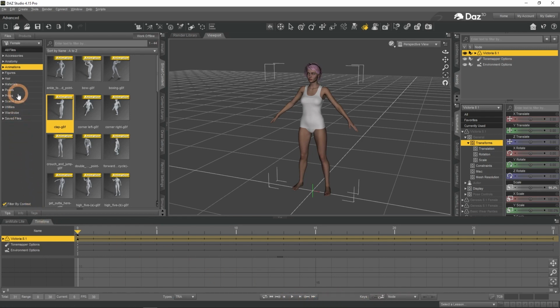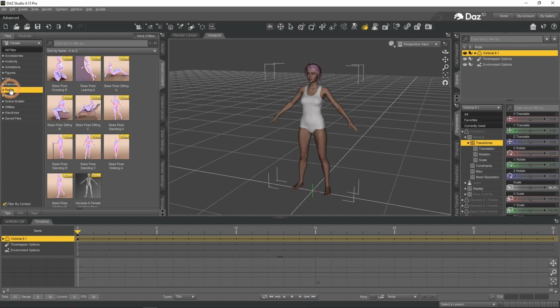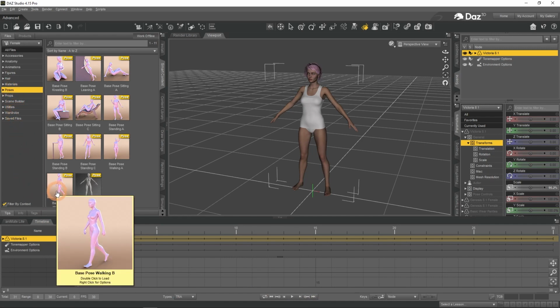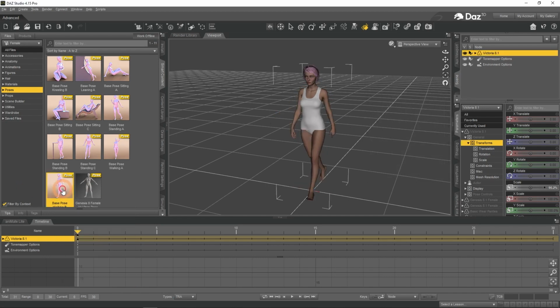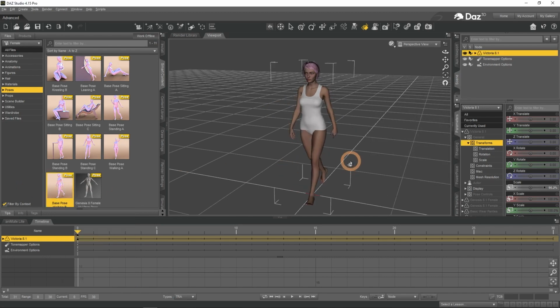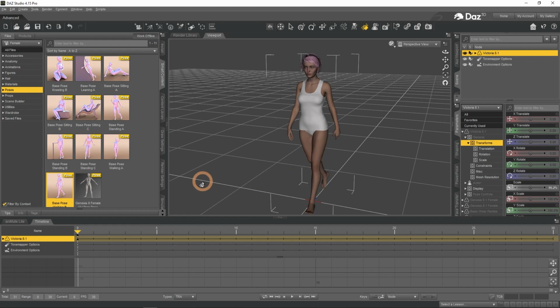Let's animate our character using poses. Make them go from one pose into another. I will choose the walking B pose as the original one. It is very important now to move your playhead. Or instead you will override the keyframe that was created on frame 0. As the whole animation is 30 frames, I will move the playhead right in the middle, on frame 15.